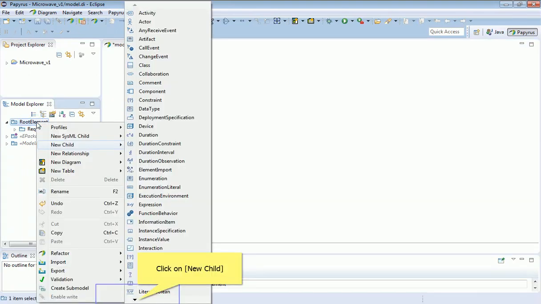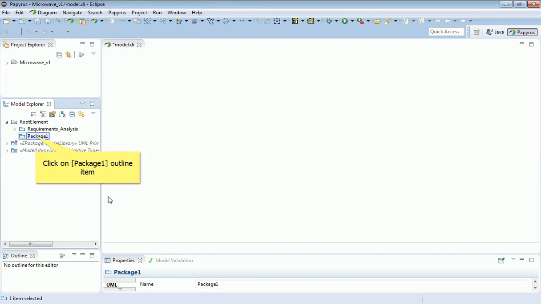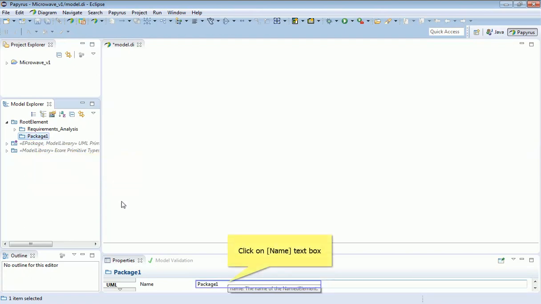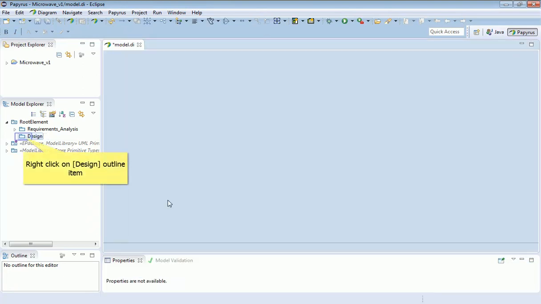I right click on the root element, I take a new child, and the option I'm after is down here. It's package. And I'm going to rename that to design. So now I've got a package I can store all my design information in, and it's just a very normal